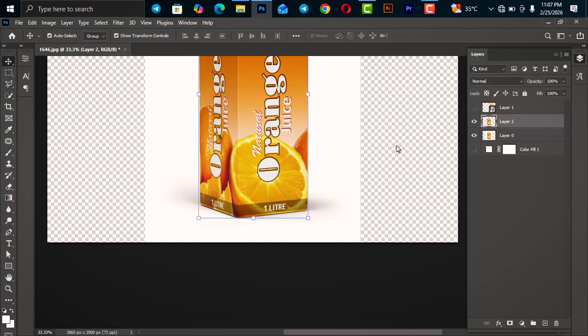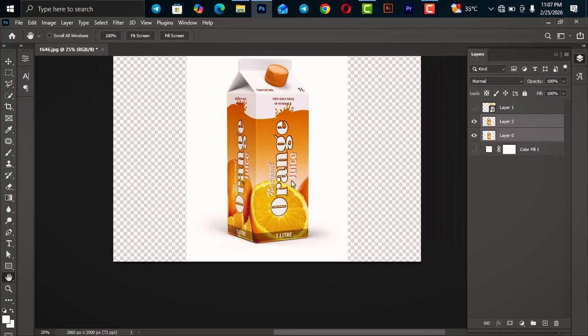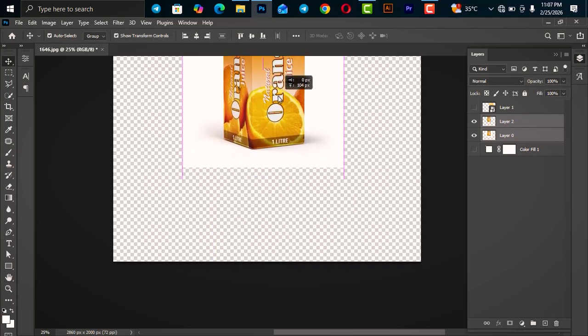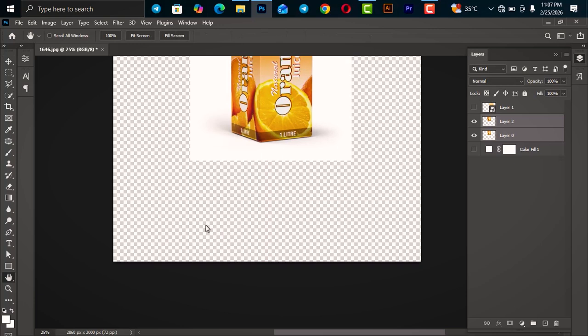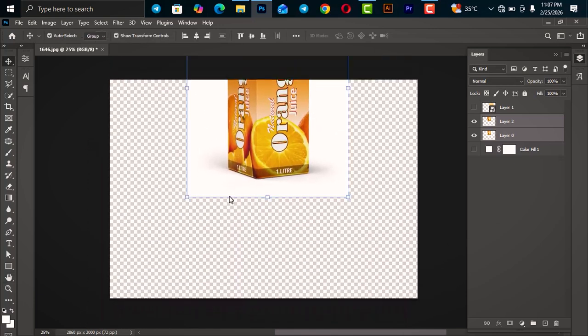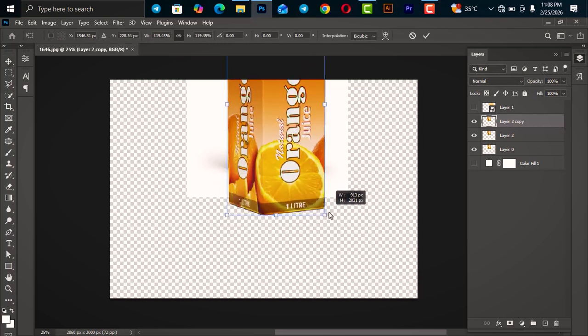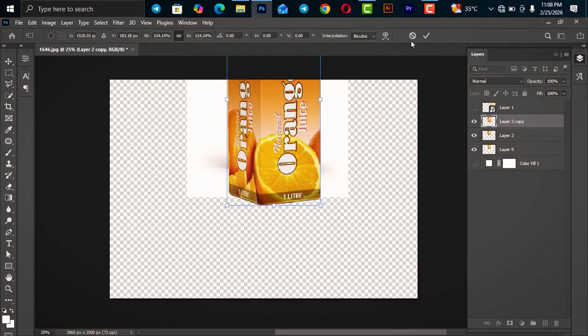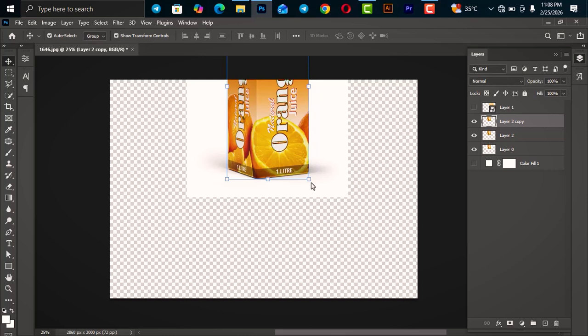Now what I'm going to do is to select both of them, and I want to link them, but I'll not link them now. I'll select both of them and then shift them upward because I want to create the reflection on it now. So I'll shift them upwards. Now I'm going to select this one, the one on top. I'll duplicate it using Ctrl+J. Then I'll make sure they are the same size, and I will rotate